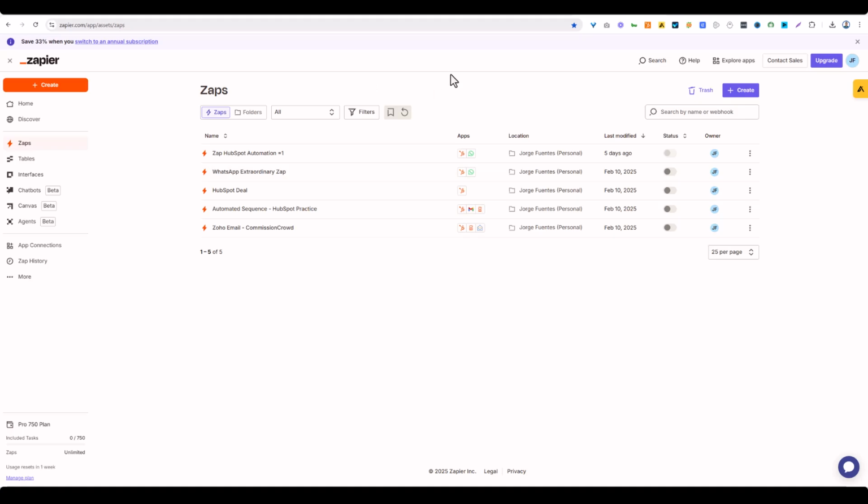And here we are in Zapier or Zapier, however you want to pronounce it. But definitely over here within Zapier, what I want to do is create a new automation. So I'm going to go on the right hand side and click create. Here's my Zapier account. By the way, you do need a pro plan. However, this plan is much more affordable